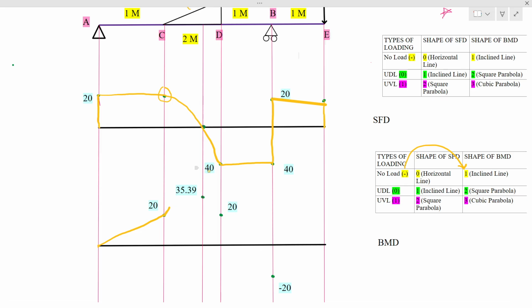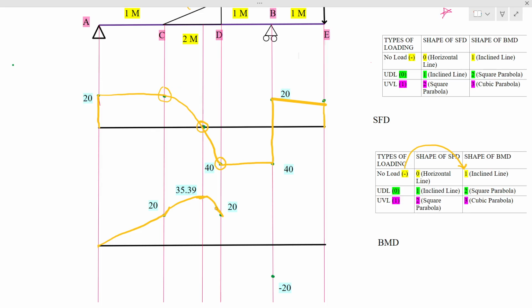Now at this point, the shear force is 0, hence there will be a flat line. And at this point, there is some shear force value, hence there will be some slope to the bending moment diagram. And now you just have to join this